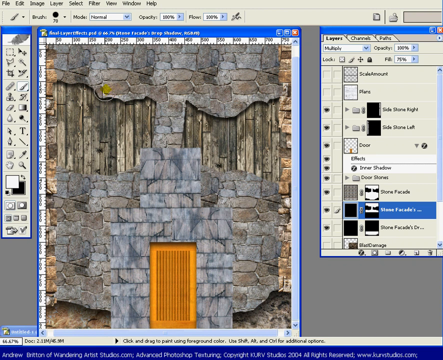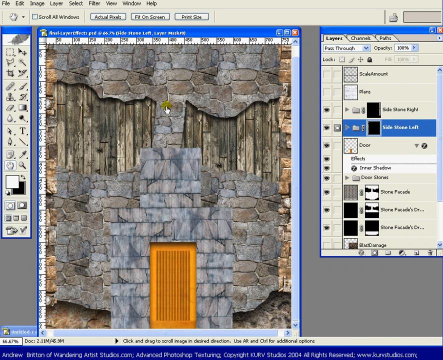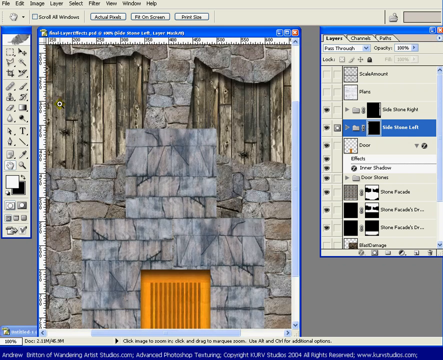Alright, so before I begin adding the shadow to the lower areas of the stone right here, I'm going to do one final thing to these side stones for now and just paint those away. I'd prefer not to have them there. To me it doesn't make sense to have stones that far out over a destroyed wall. So